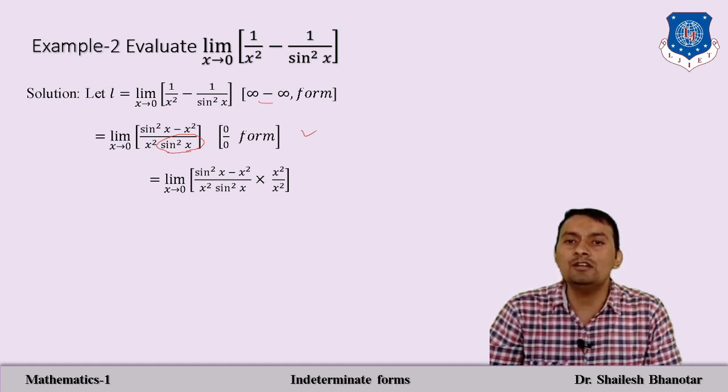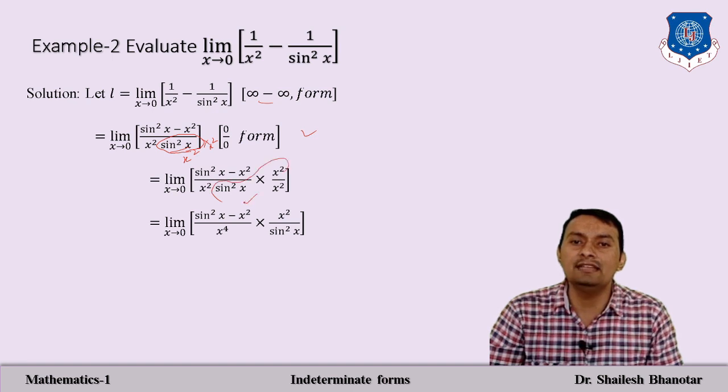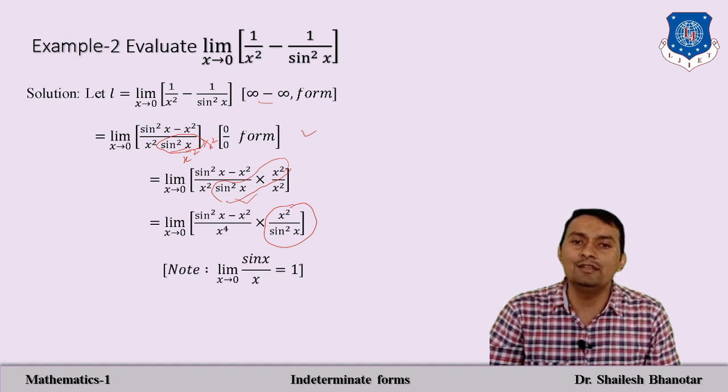So in that case, what must we have? We must divide by x square as well as multiply by x square. So I am going to consider the denominator written as x square, and we get x square sin square x into x square. We can recognize this as one of our standard forms, and the remaining form will be sin square x minus x square divided by x raised to 4. The standard form is there, so its limit can be considered as only 1.